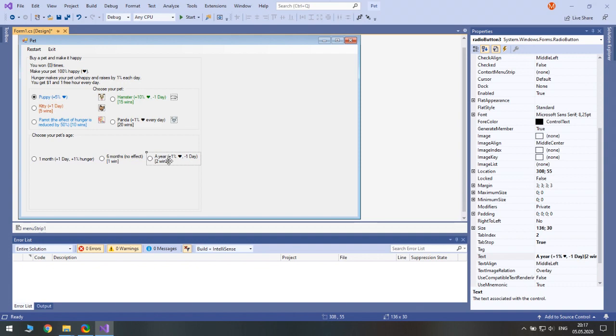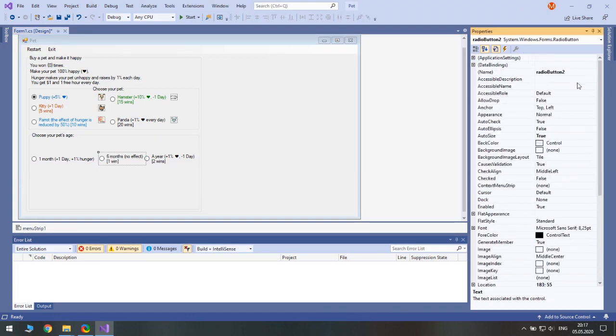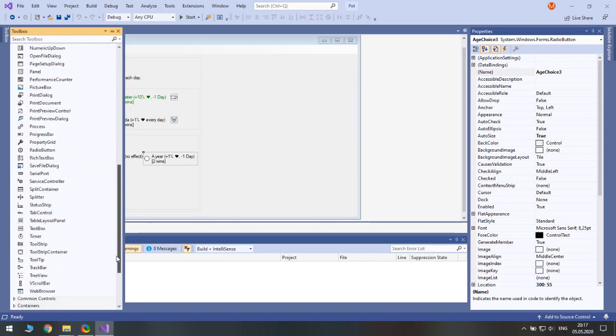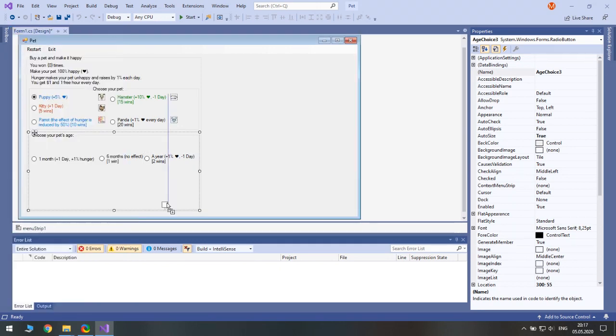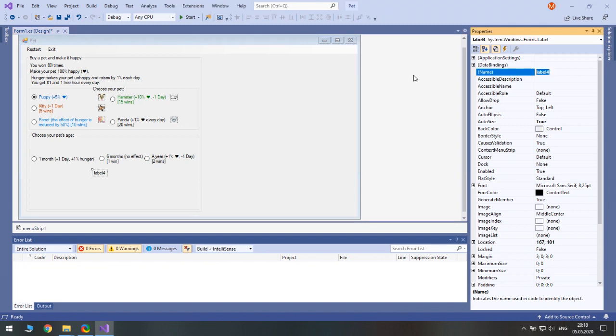I think we also need to access these by names as well. So age choice 2, age choice 3. Good. And we will also show the effect that it makes below, and we will set it in code.